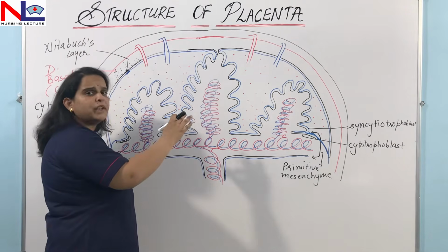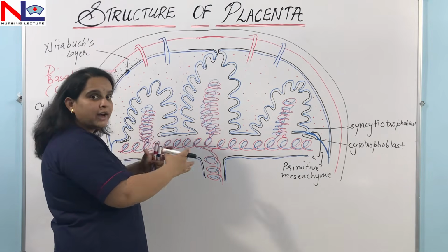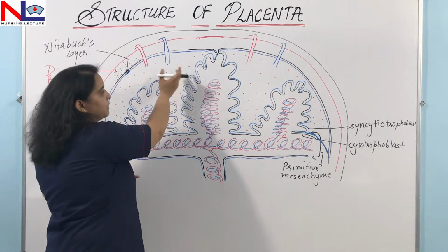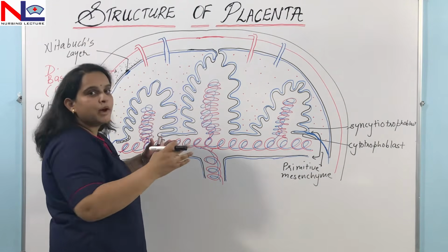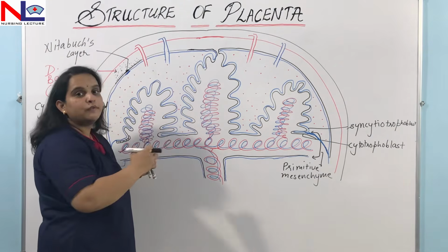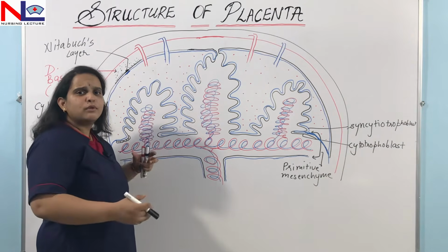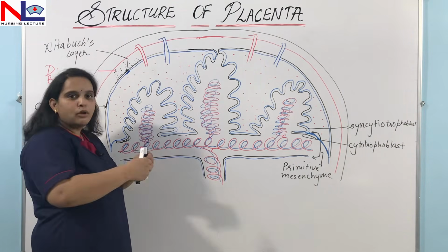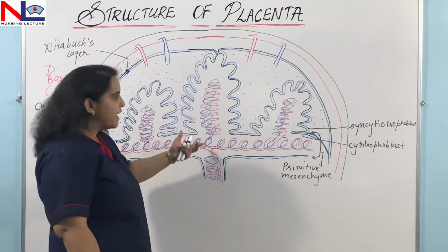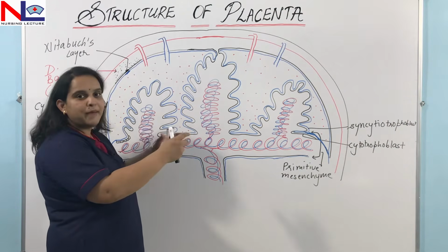These villi form many branches over here, and as these branch off, they provide a larger surface area for the exchange of nutrients and waste between the mother and the fetus, and this is about 10 to 14 square meters of area for the exchange of nutrients. Along with that, this capillary network is also so extensive that it is up to 50 kilometers long. So you can imagine how long structures are coiled up and tightly packed inside